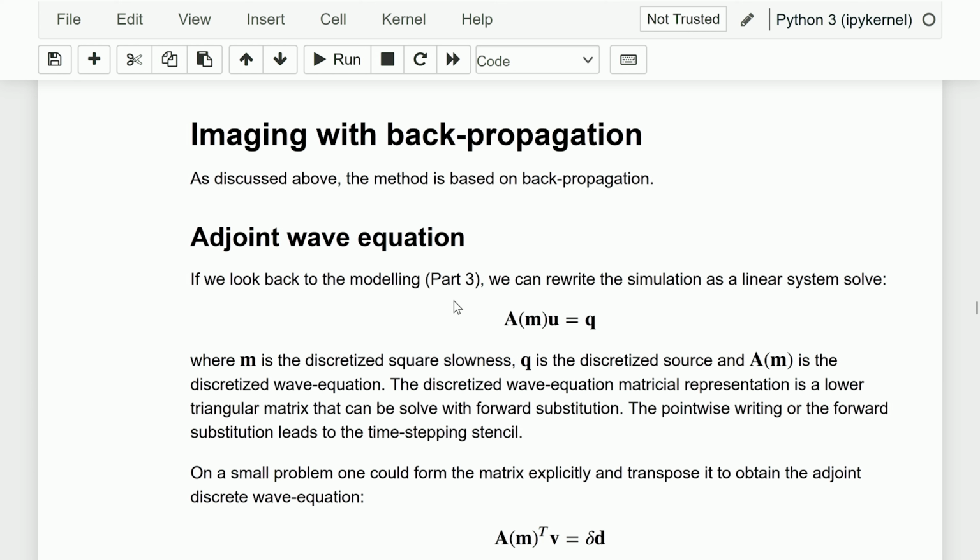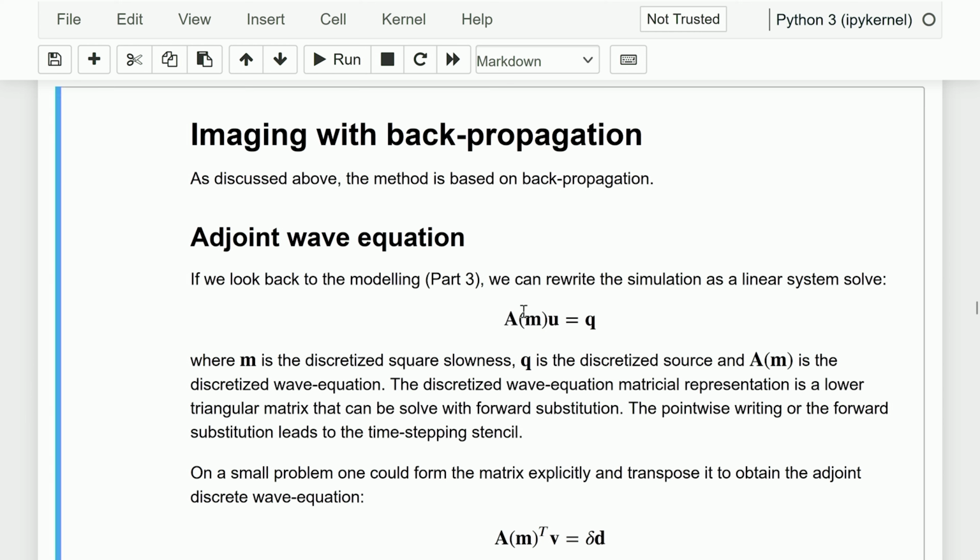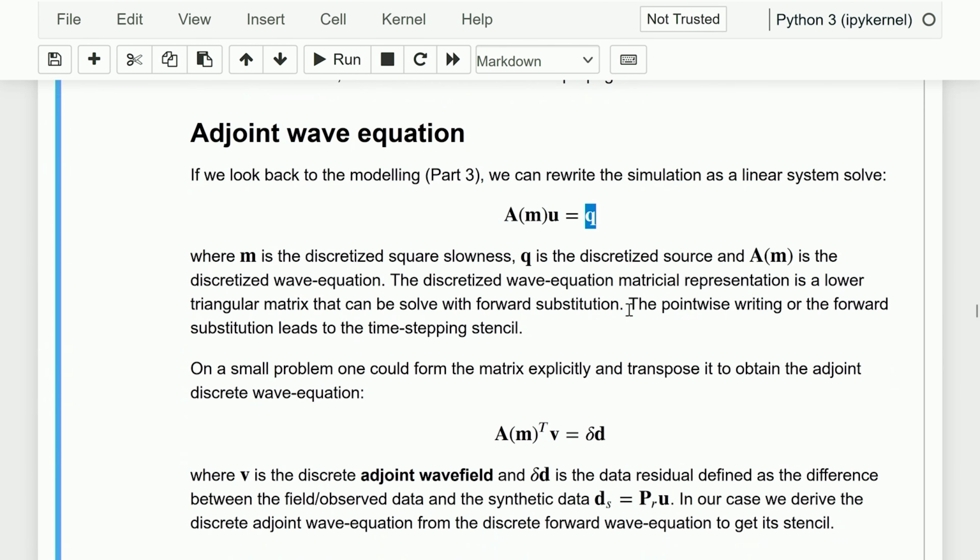When we think about the discretization of our acoustic wave equation, we could write that as some matrix A, which is dependent only on the model m, operating on our wave field u, where this u is one big long vector containing the wave field at all points in space, at all points in time, equal to the source term on the right-hand side. And then we have the backward propagation